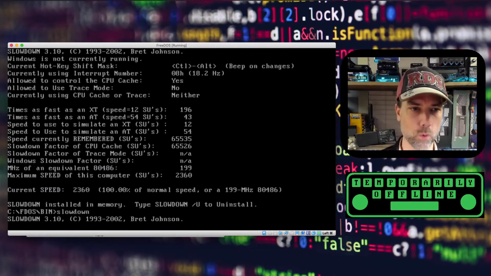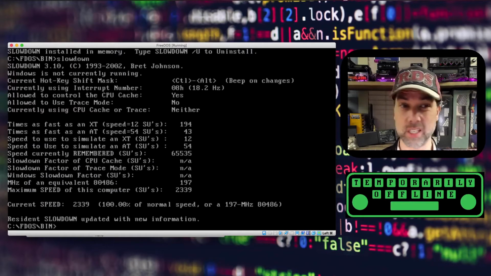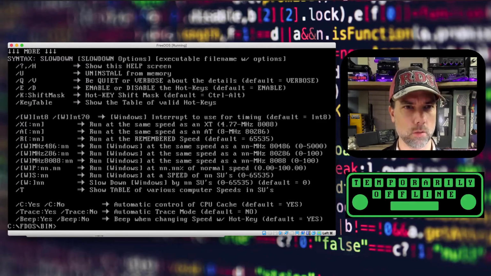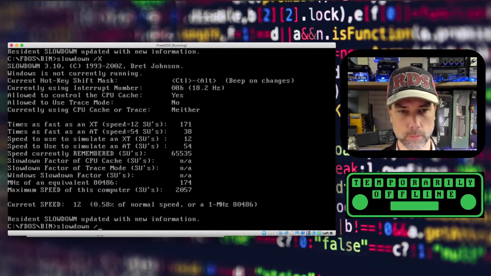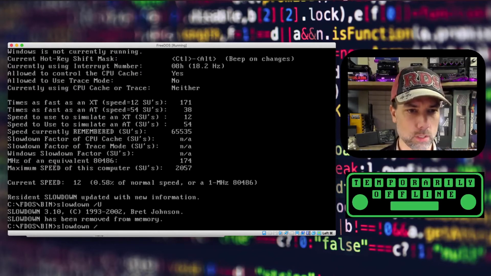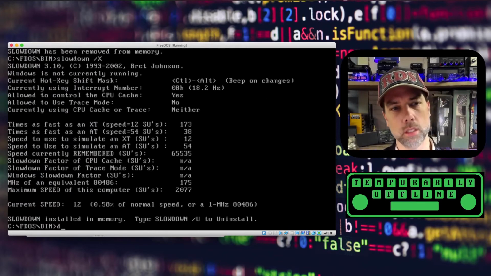Slowdown. Resident slowdown updated with new information. I didn't give you any new information. Okay, uninstall, be quiet or verbose, enable or disable, hotkey, run at same speed as XT. Slowdown /X. Running at 0.51% of normal speed or a 1 megahertz 486. This should take a lot longer. Current speed is 12. All right, so let's do slowdown /X and then